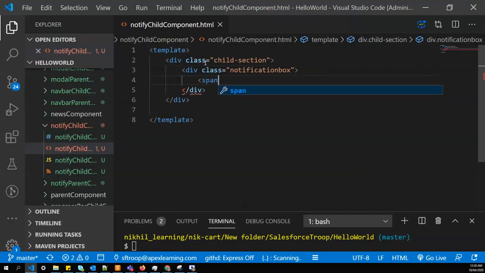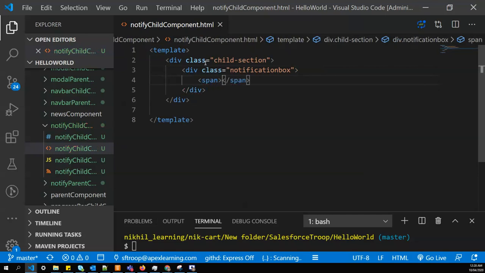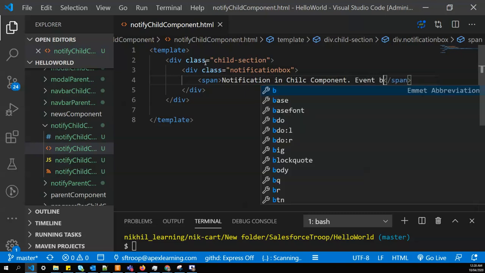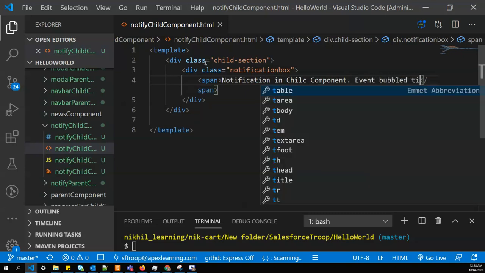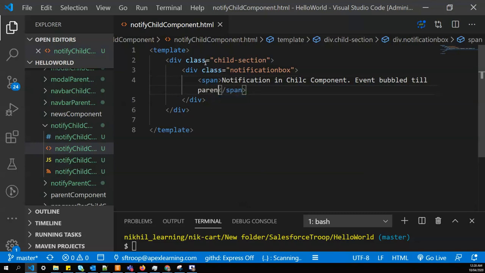And within that I'll say some text: Notification in child component, event bubble till parent element in same component, and